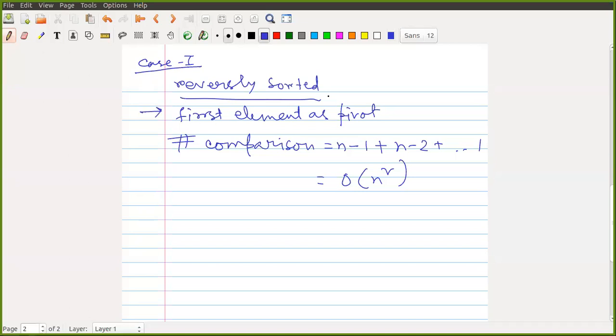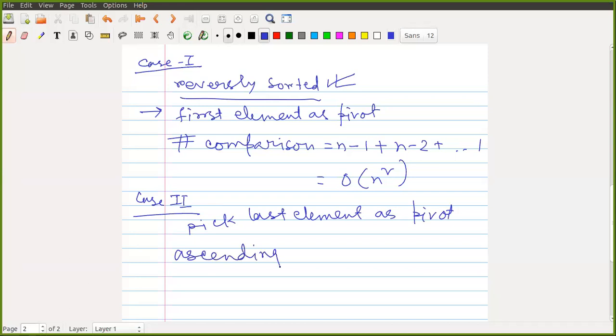Okay. And so this is the case when we pick the first element as a pivot. In this case, the hard distribution, the distribution that takes the maximum number of comparisons, is this reversely sorted input, right? Now again, as somebody can guess, the second option would be picking the last element as a pivot, right? Now again, there will be a hard distribution, which is ascending order sorted, right?